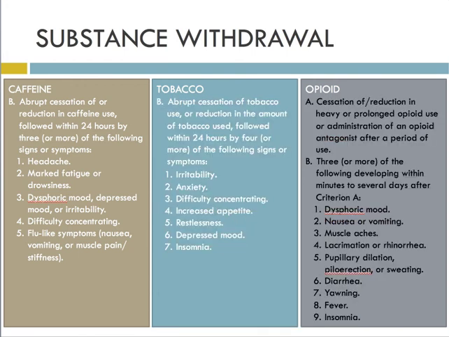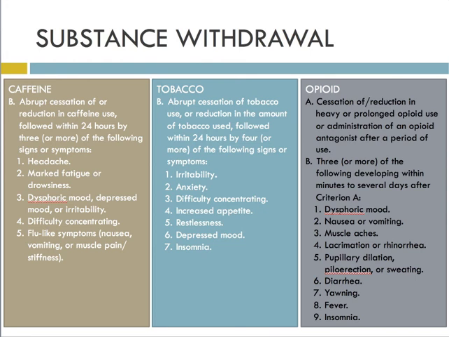For opioid withdrawal, the DSM states that within minutes to several days after stopping or reducing heavy or prolonged opioid use, or after administering an opioid antagonist after a period of use, we'll talk about that in a second, the person must experience 3 or more symptoms, including dysphoric mood, nausea or vomiting, muscle aches, lacrimation or rhinorrhea, which is watery eyes or nosebleeds, pupillary dilation or piloerection, which is when your body hair stands up, diarrhea,